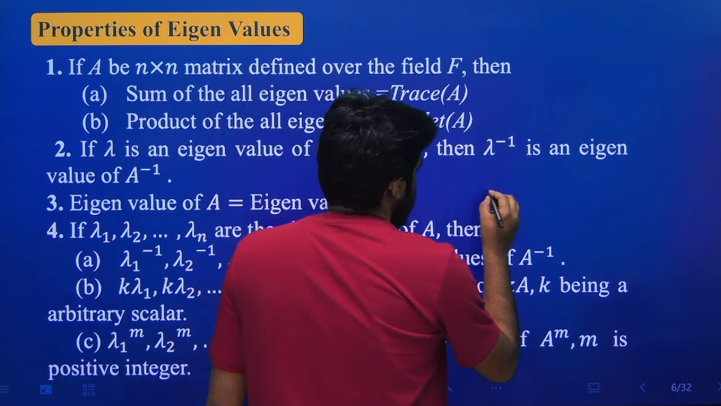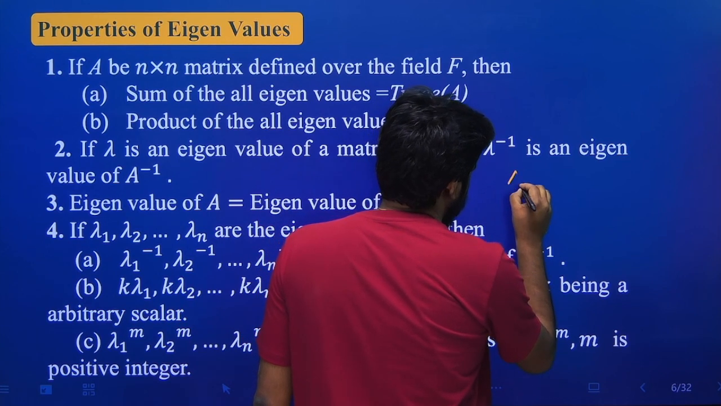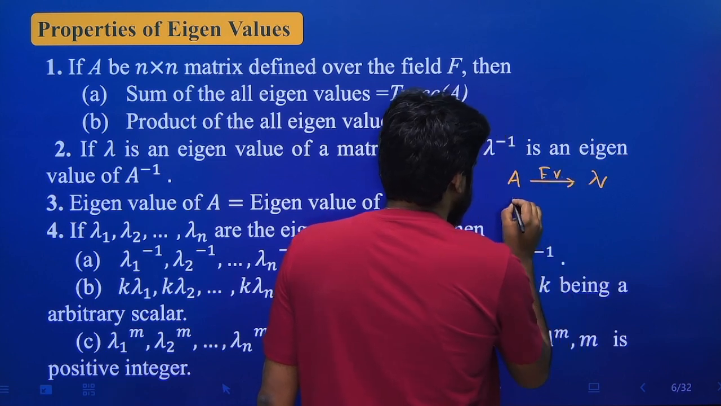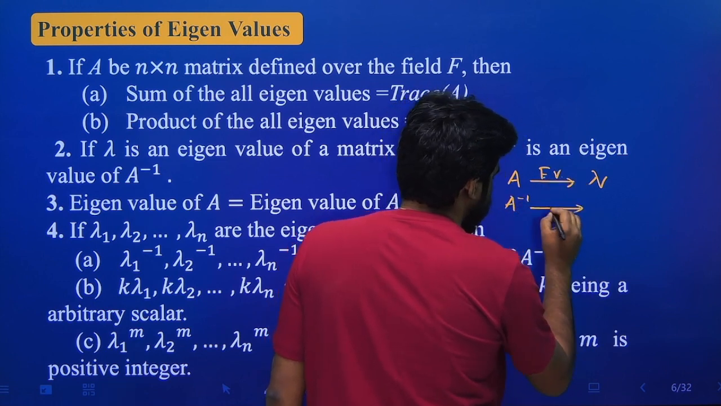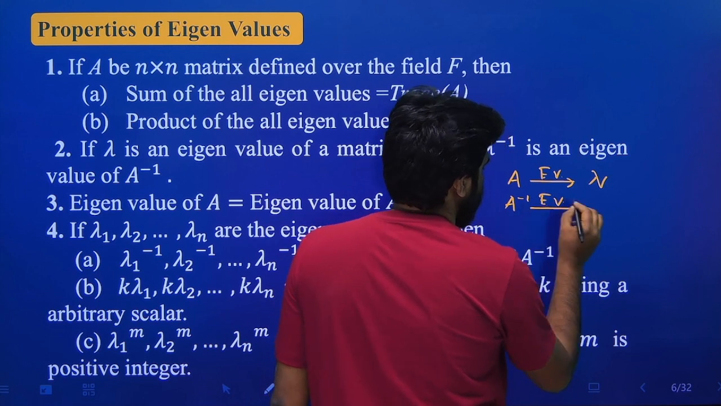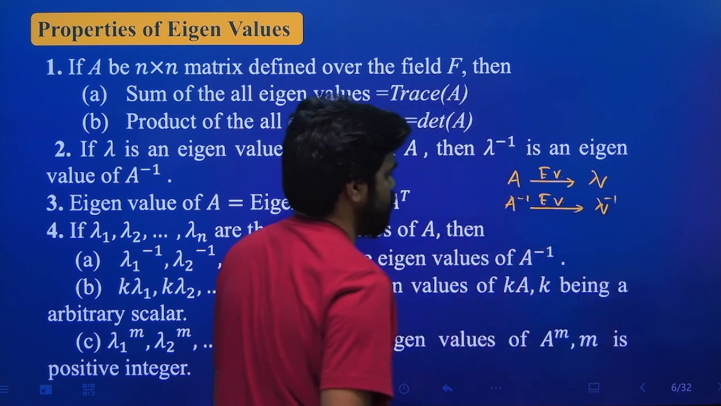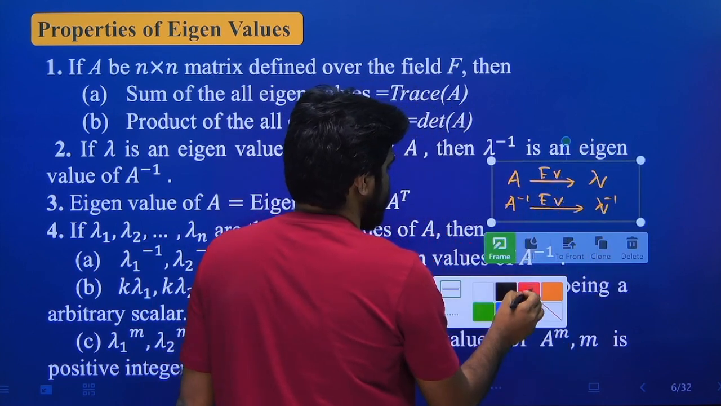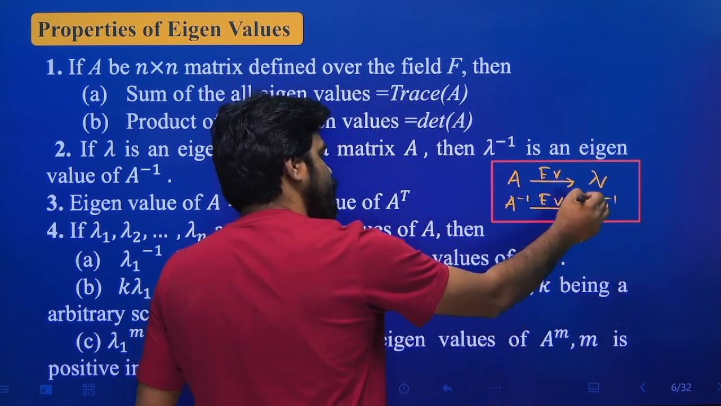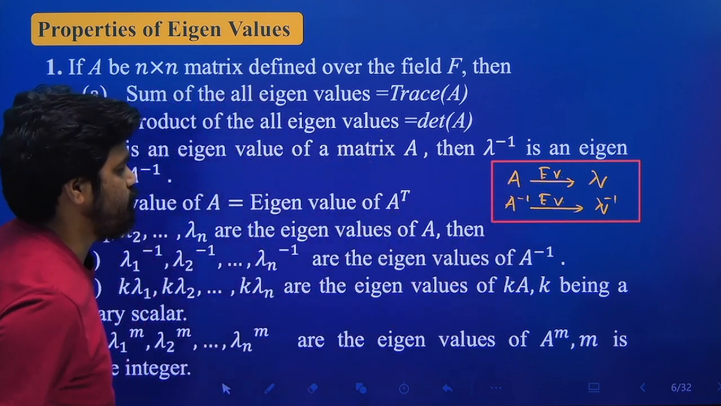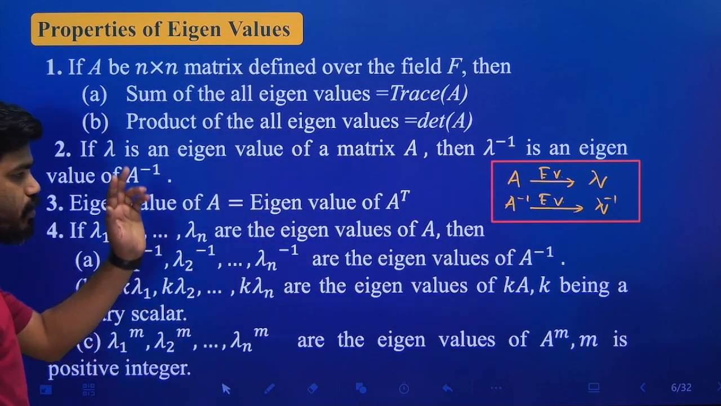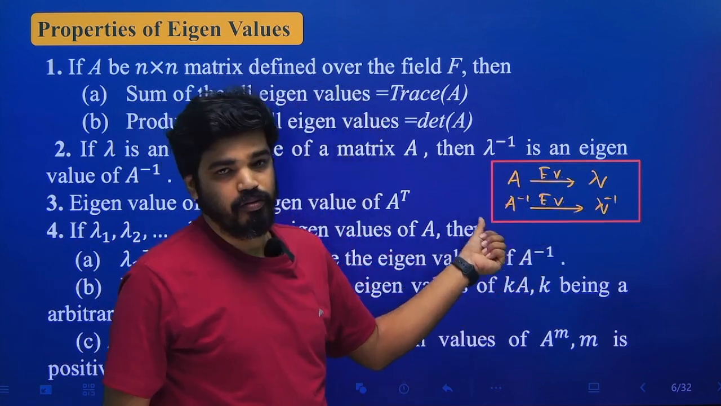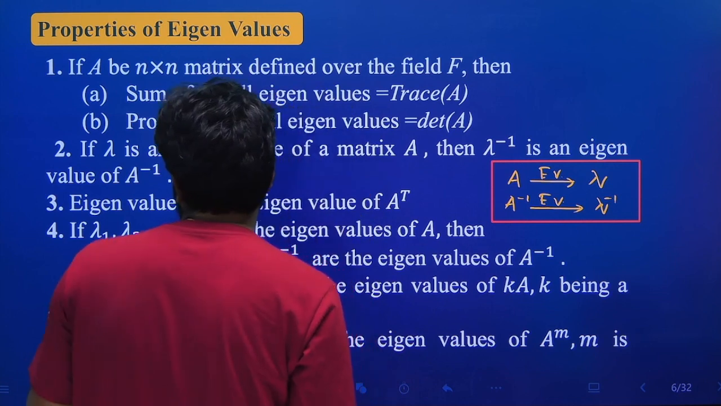What does it mean? Suppose the matrix A has eigenvalue lambda, then the eigenvalues of A inverse will be lambda inverse. Getting my point? If lambda is an eigenvalue of a matrix A, then lambda inverse is an eigenvalue of A inverse. It is a very, very important property. If lambda is an eigenvalue of A, then lambda inverse is an eigenvalue of A inverse, okay. So next,